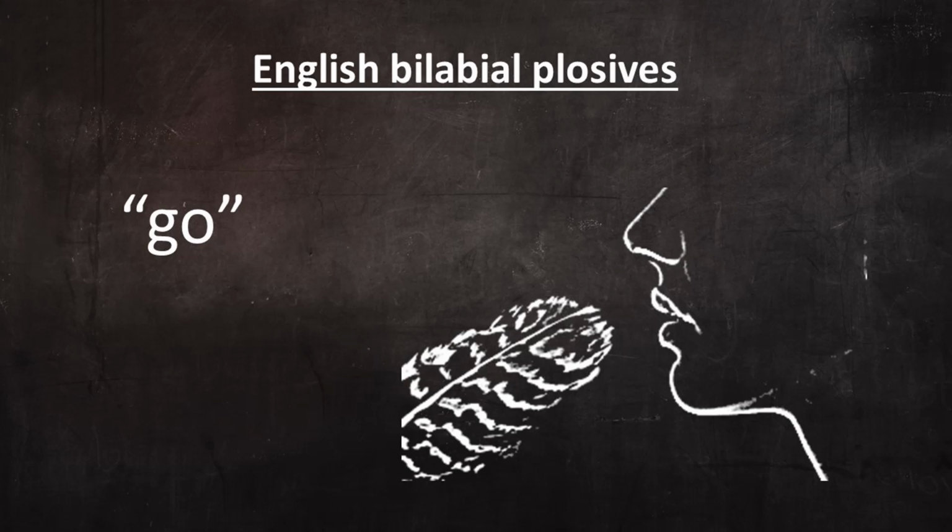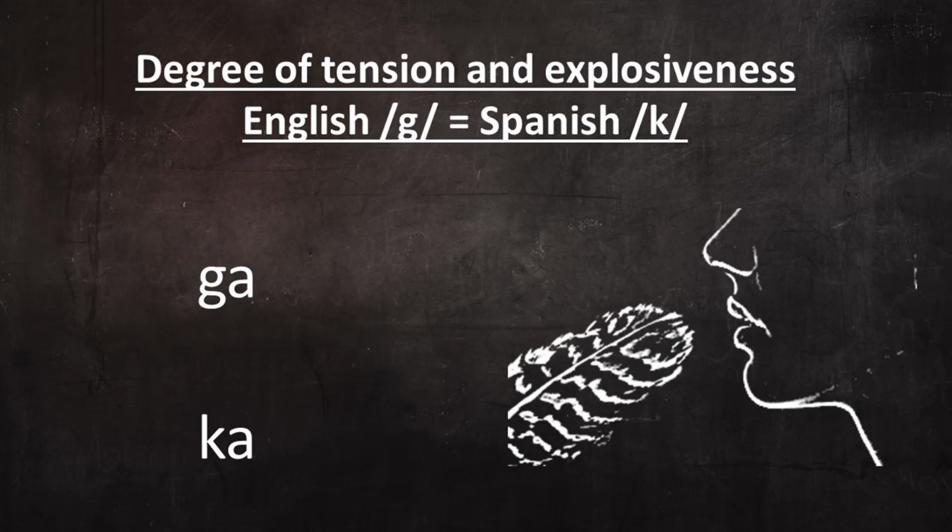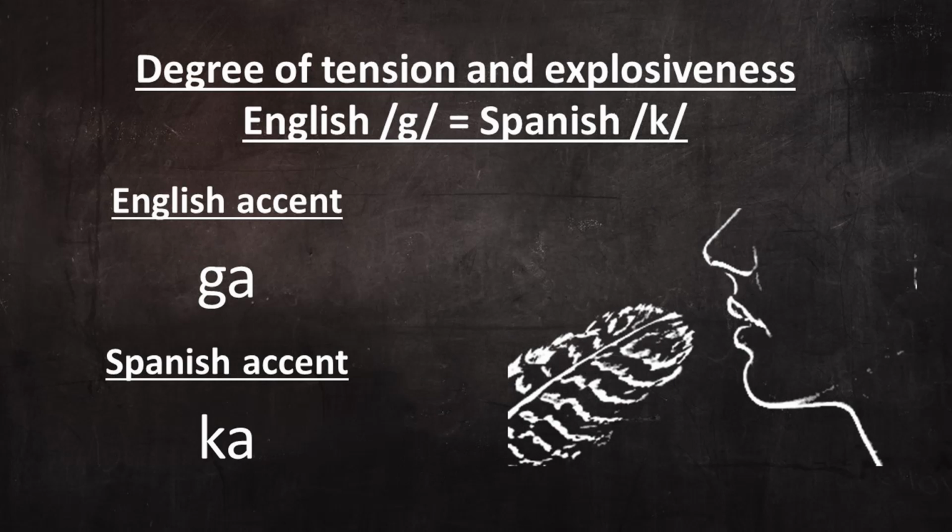So the degree of tension and explosiveness of the English G sound is similar to that of the Spanish K sound. Listen to these two syllables, this one pronounced with an English accent and this one pronounced with a Spanish accent. Ga, ga, ga, ga. To my ear, the only real difference between these two sounds is that English G is voiced while Spanish K